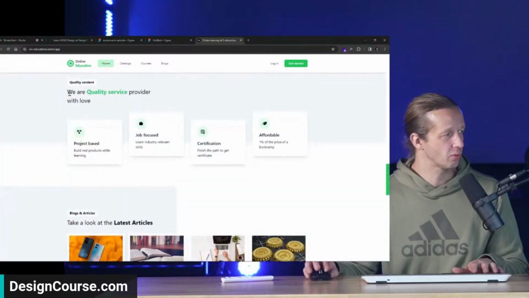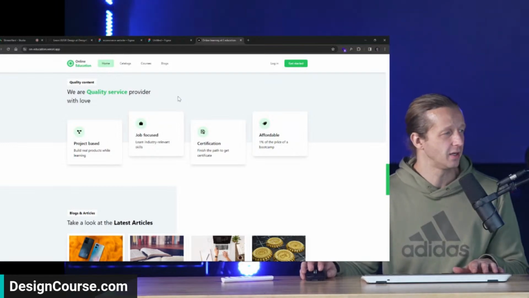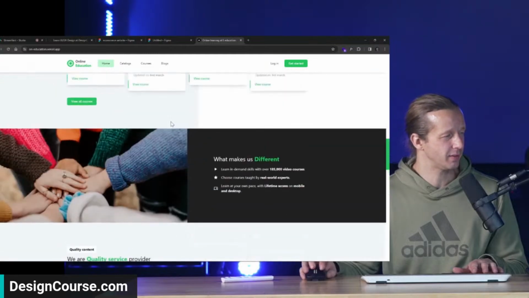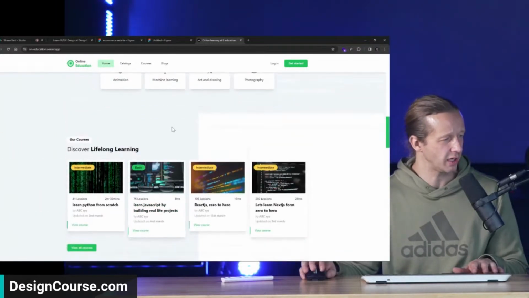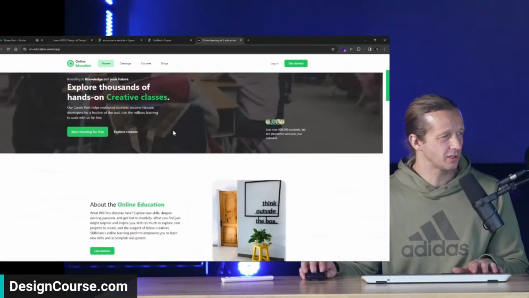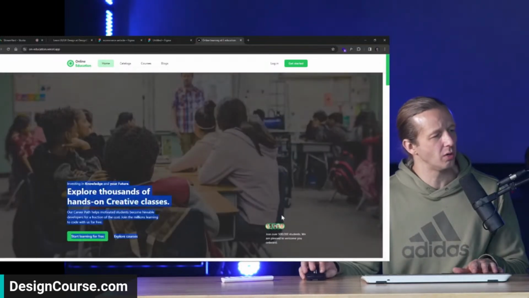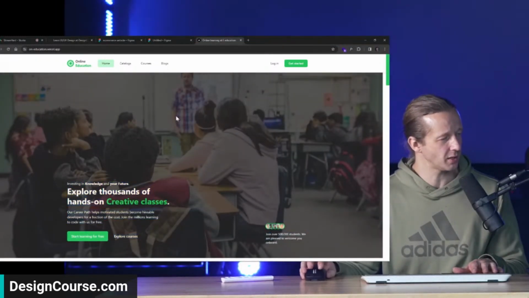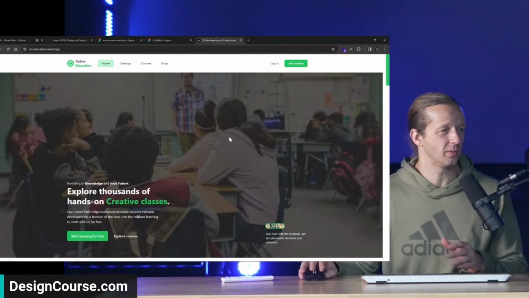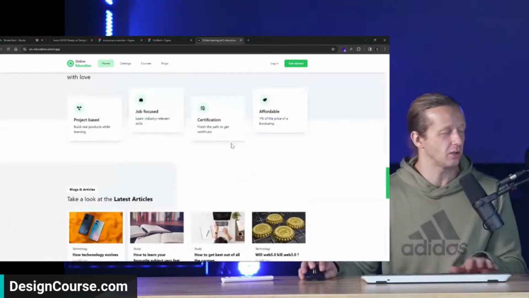yeah, you can improve on this headline right here where it just says with love at the bottom. I would put that all on one line and make it probably bigger. I'm not sure about this really bright green color you're using on some of the type. Maybe make it a slightly darker shade. But in terms of the biggest thing to improve, it probably would be this section just because there's a lot of white space here. So I would think about that. It's not a huge deal. This is for the most part pretty solid the way you've done it.